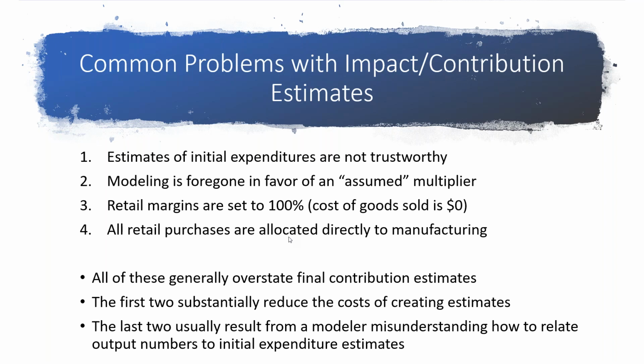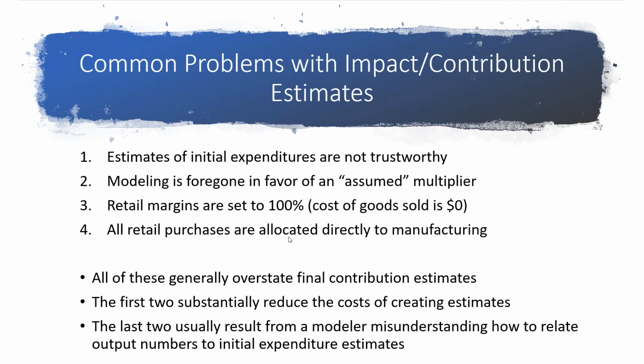The second is you don't use a model at all. Somebody in local economic development tells you that, well, the multiplier is 2, or the multiplier is 2.25, and you just take your survey and multiply it. That's not good either, but it's very inexpensive. I understand why it gets done: it's a lot cheaper than running the model.